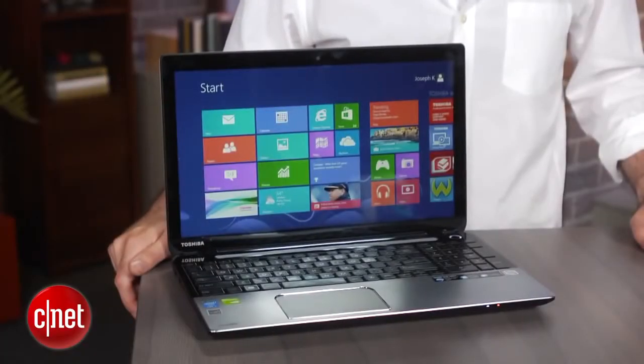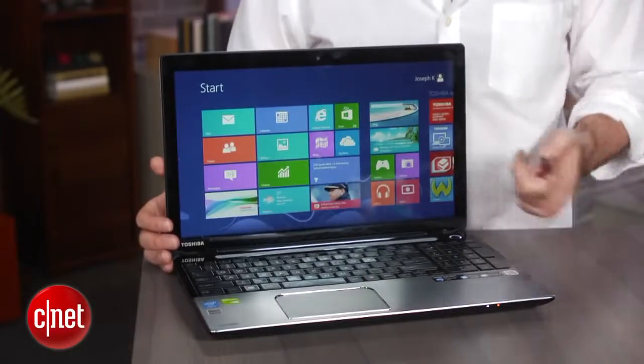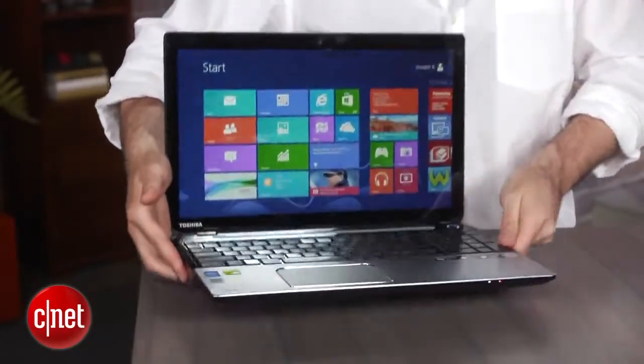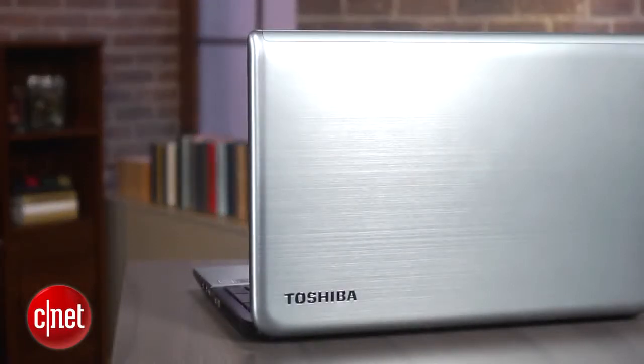Here's where we go off the rails a little bit. The screen here, even though it's a pretty big 15.6-inch screen, only has a 1366 by 768 native resolution. That's usually what you'll find on much smaller 11-inch or maybe 13-inch laptops, and even then only on the more budget side. To get right around $1,000 and ask people to settle for that lower screen resolution, I don't think